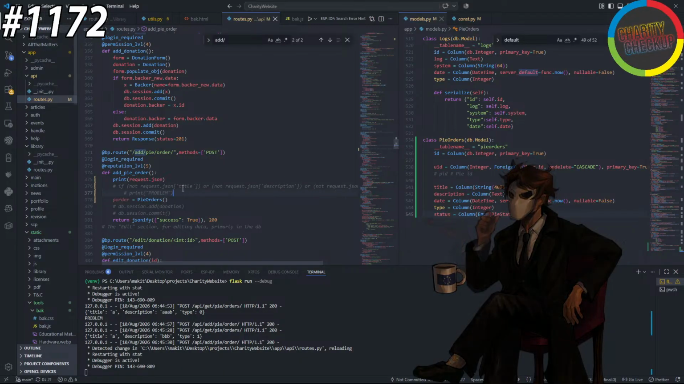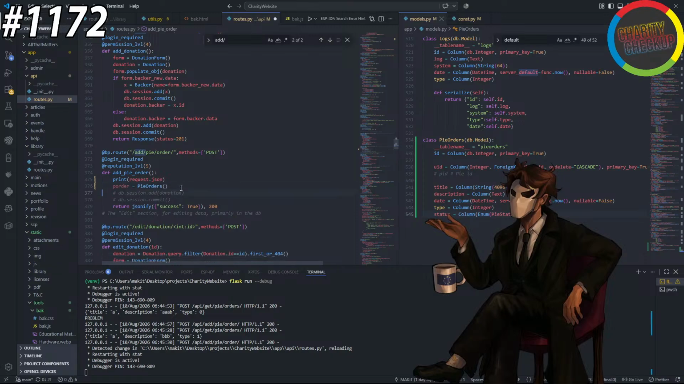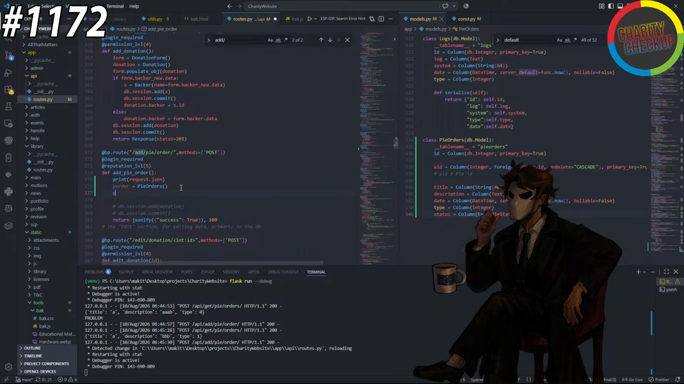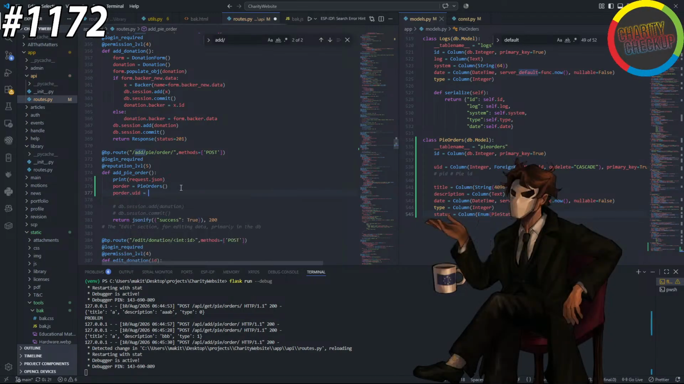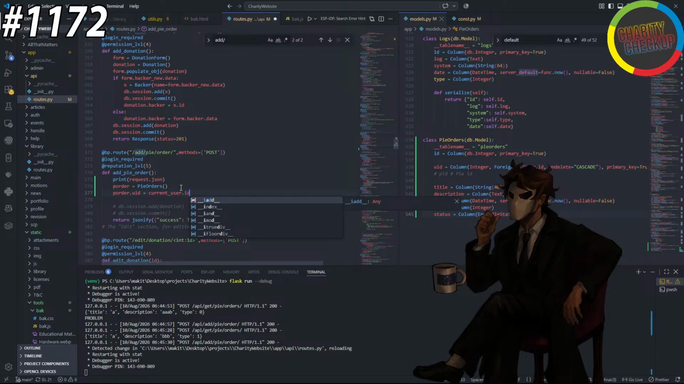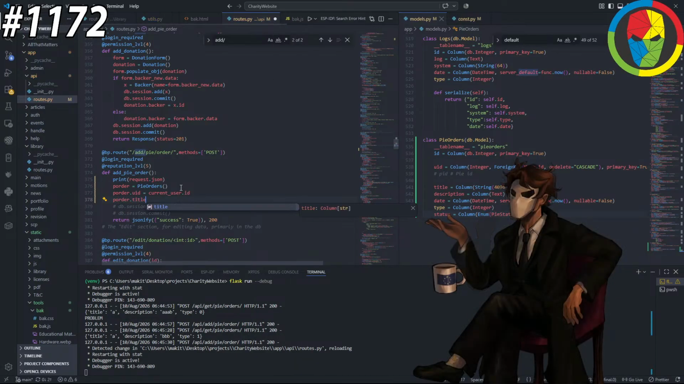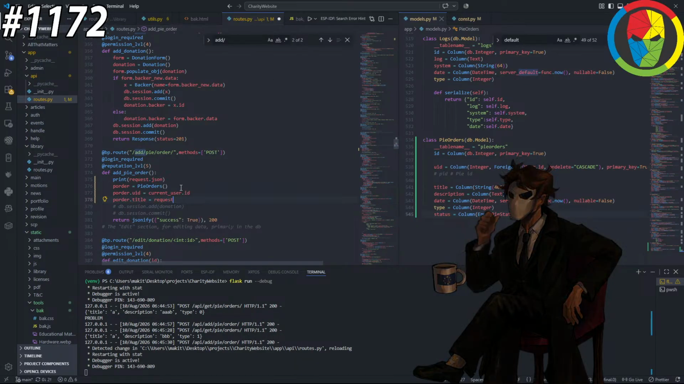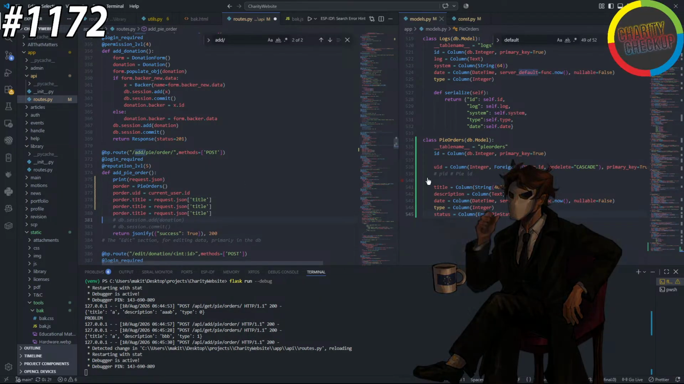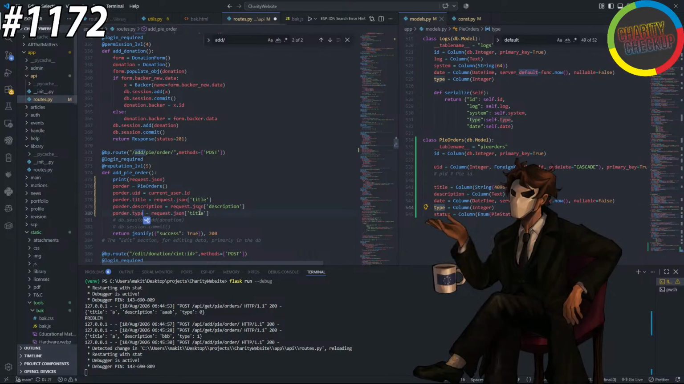Alright. We're gonna move them, and we're gonna do the porter. UID is equal to current user ID. Then we're gonna have porter, title equal to request JSON title, description, type, date will be auto filled in, status is going to,